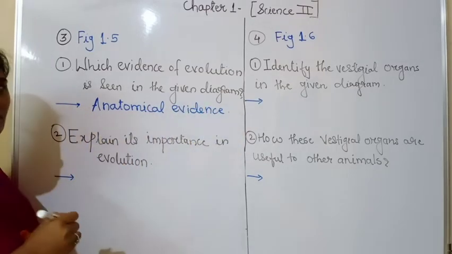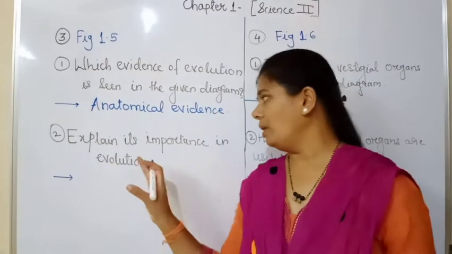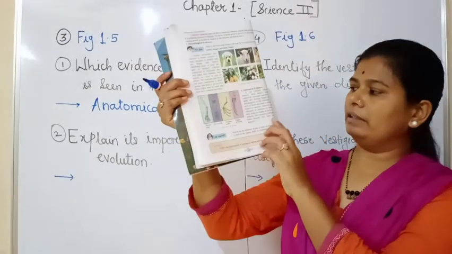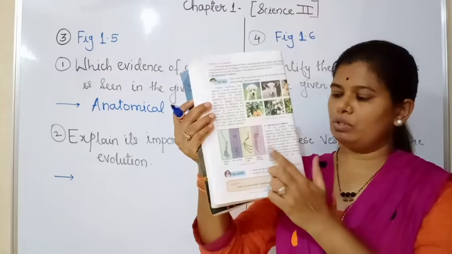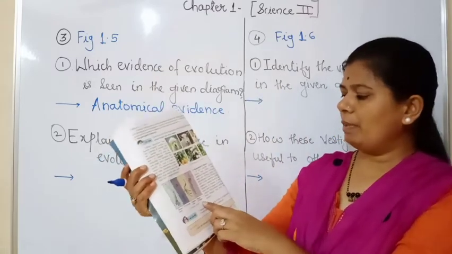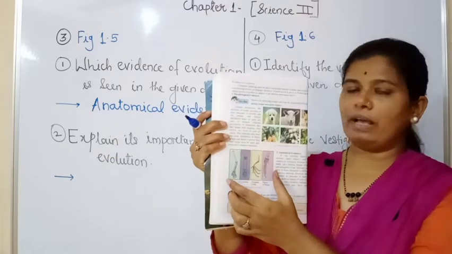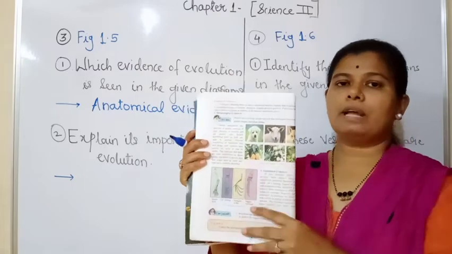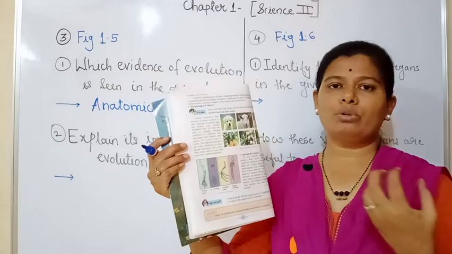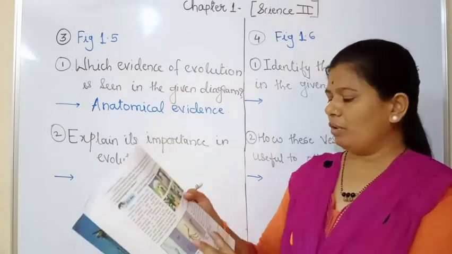Okay, now we'll move towards the second question, which I told you is a little bit descriptive: explain its importance in evolution. As you can see, the diagram shows the structure of bones of the human hand, the flipper of the whale, the cat's foreleg, and the pentadactyl wing of the bat. These 4 diagrams are shown here, and what is the importance we see? First, there is no similarity in the use of the bones here. So what information is given next?